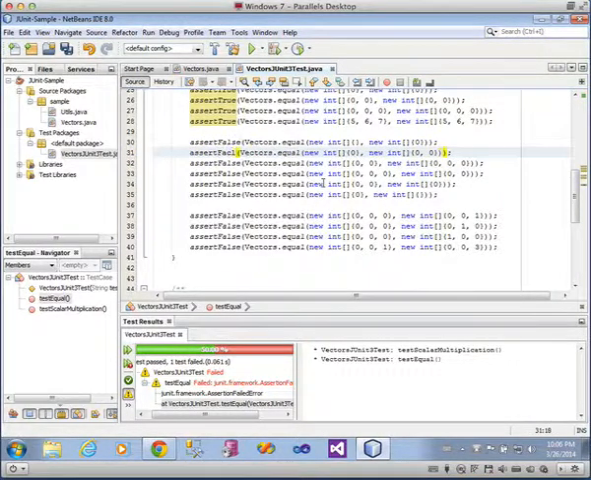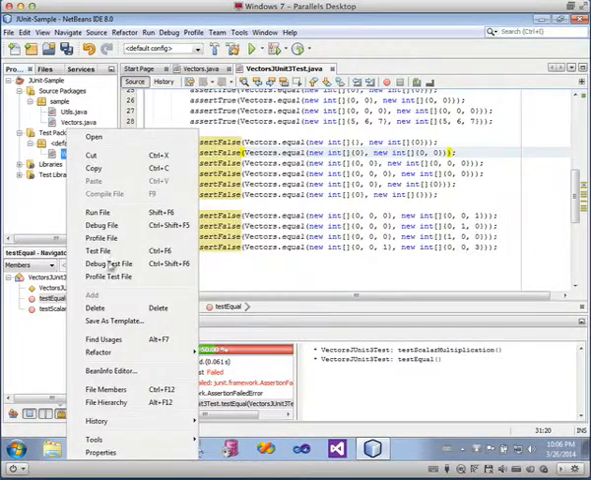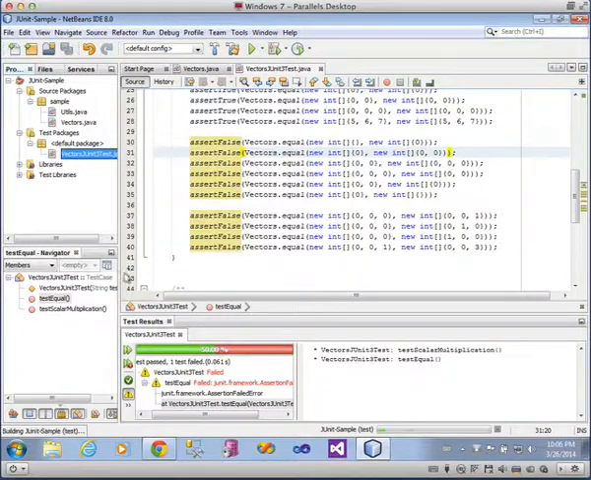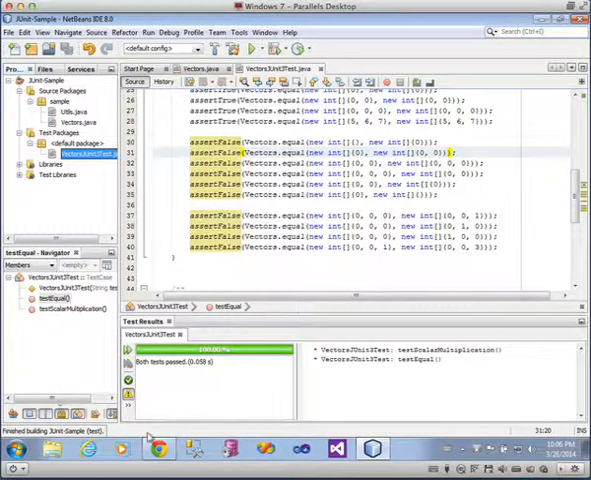So I'm going to change that around so these both pass. And let's just run this test one more time. They're both passed, so everything's good. An exercise